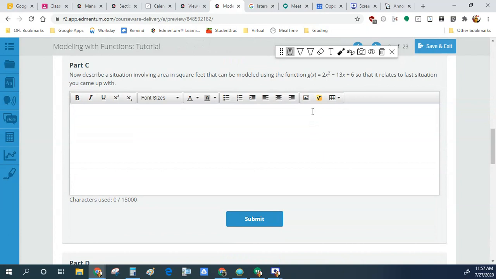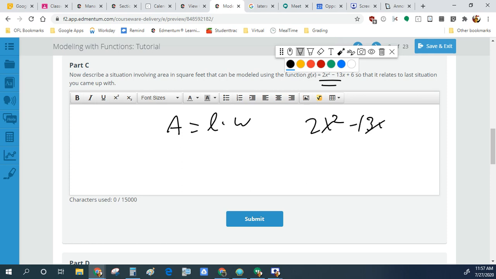All right. So, now describe a situation involving area in feet modeled by this. Now, here's the problem. When we want area in feet, we want something like area equals length times width. What in the world is this? This isn't length times width. This is like something times something else, but times something else. Like, why are we adding here? That doesn't make any sense, right? So,